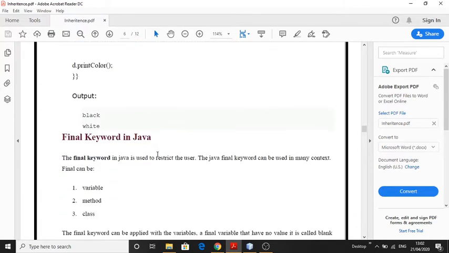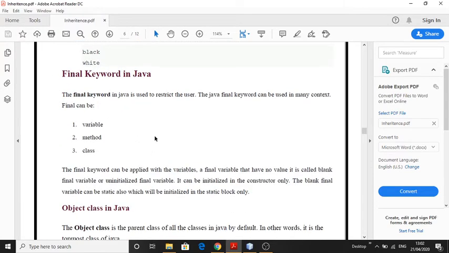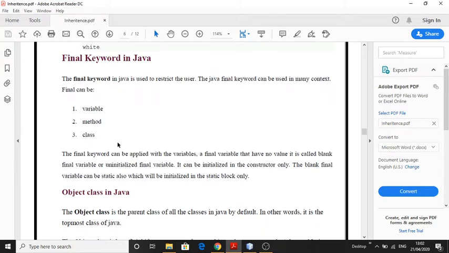And there is also the final keyword. The final keyword is a very important keyword in Java, which can be used for a variable, a method, or a class. In inheritance, final is generally used to stop or avoid. If you put final in front of a method, then that method cannot be overridden in the child class.